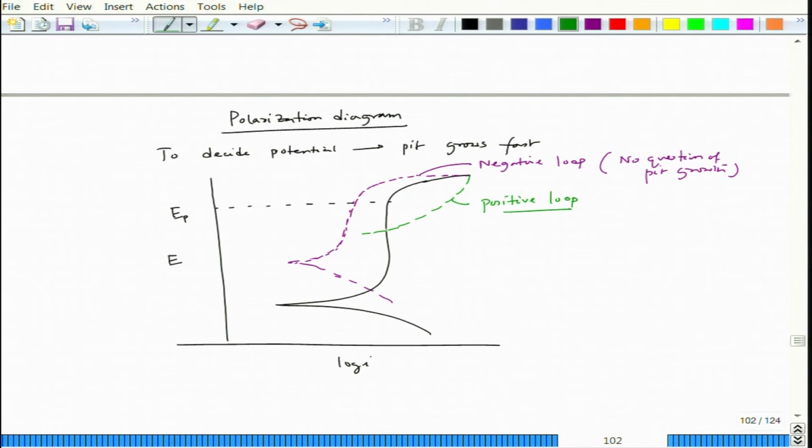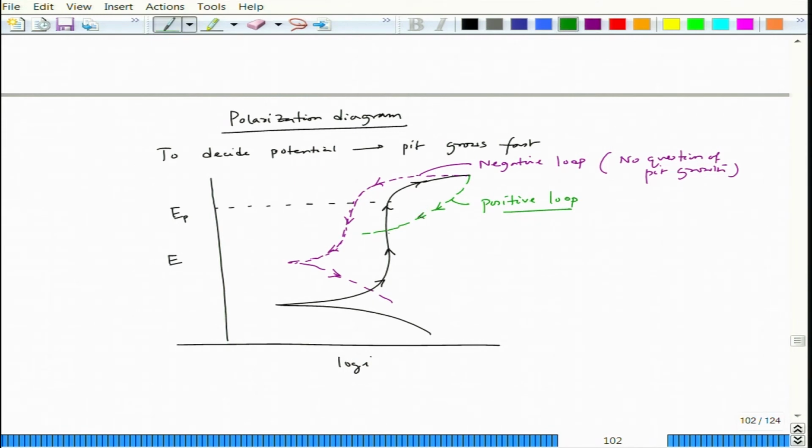So, this is the forward curve and this is the reverse curve, which in this case is the negative hysteresis or negative loop, and in this case it is a positive loop, and this is the reverse